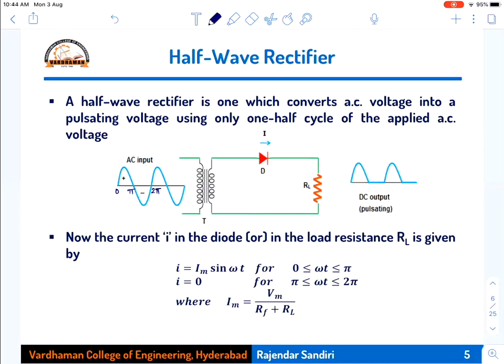Now what happens? This voltage is applied at the primary winding. At the secondary winding, what happens? You will get the same thing, but the amplitudes will be less. So this is positive, this is negative. So this is your Vi. So this is again 0 to pi, pi to 2 pi. This waveform will appear across the secondary winding.